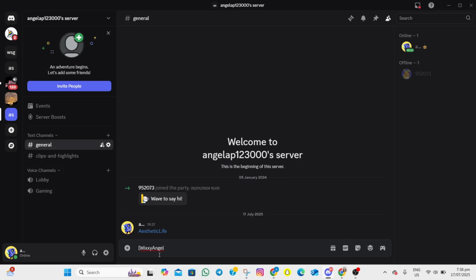normal bracket. So to paste the link, we'll have to add first a curved bracket. After that, we'll have to paste the link, and then once you have pasted the link, simply add a closed curved bracket. So in here, if I tap on the send option, it will automatically send the text with the